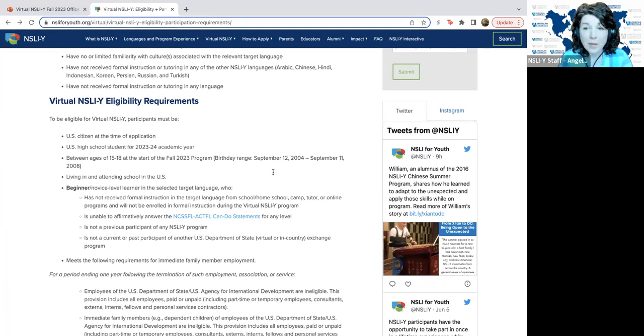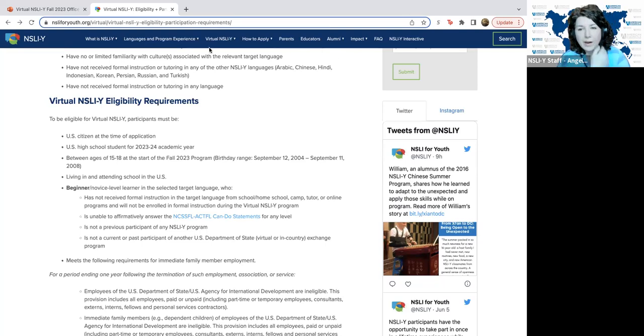But if you maybe know some characters, or some really basic vocabulary, but you can't do any of the things noted on that link, unable to affirmatively answer the can-do statements, then you would still be eligible.